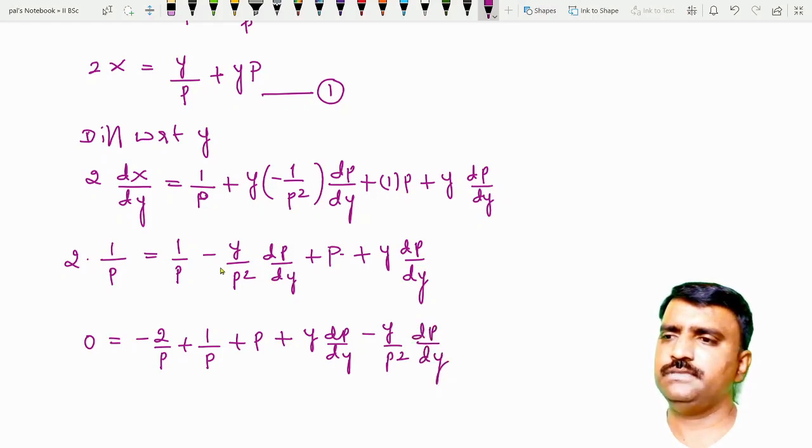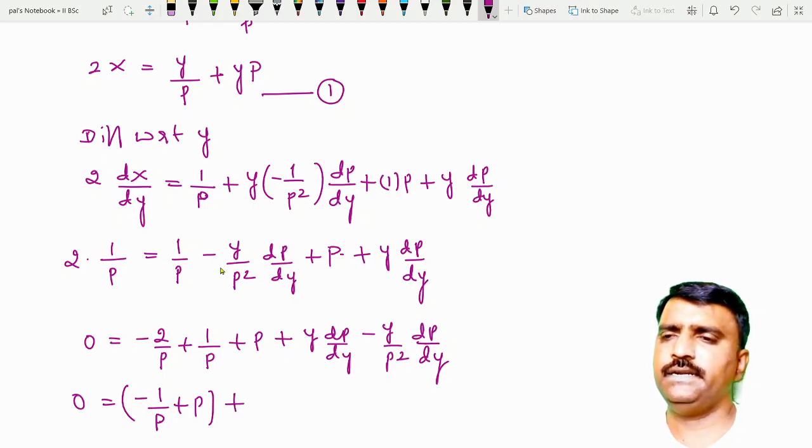Now simplifying again, minus 2 by p plus 1 by p is minus 1 by p. So this is minus 1 by p plus p, plus